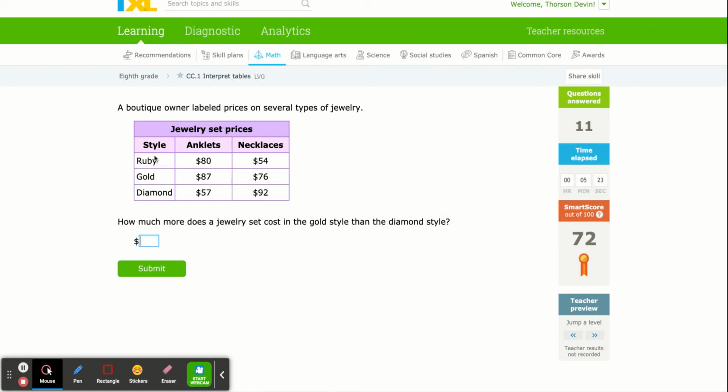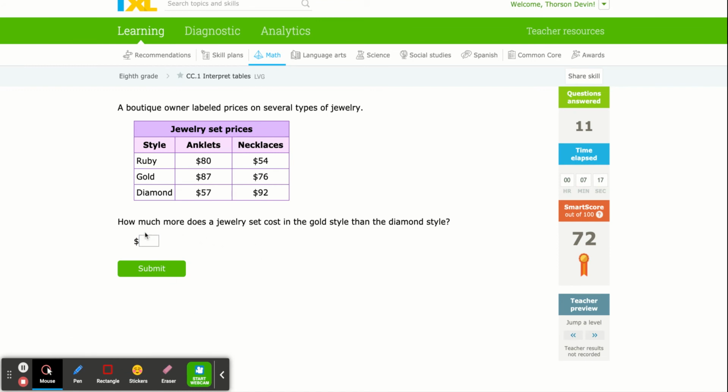We've got a couple of columns here and some more information. How much more does the jewelry set cost in the gold style than the diamond style? So, how much does a jewelry set cost? Anklets, style, jewelry set prices. So how much more? Oh, gold. So I have to find the gold. The gold is 87 and